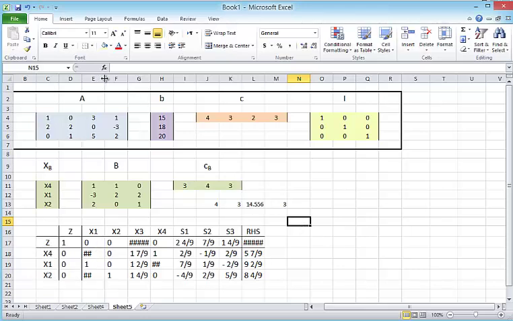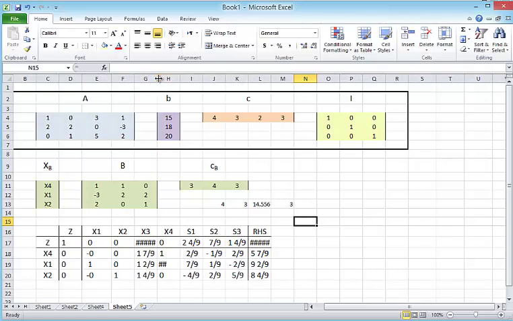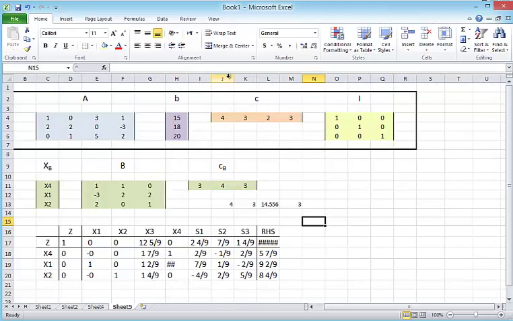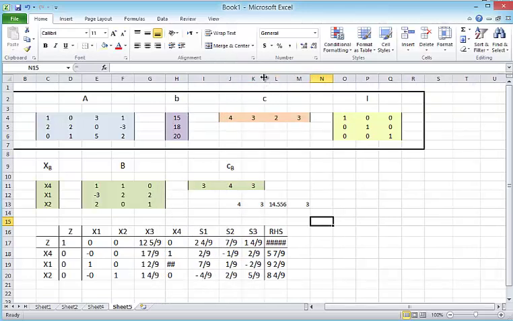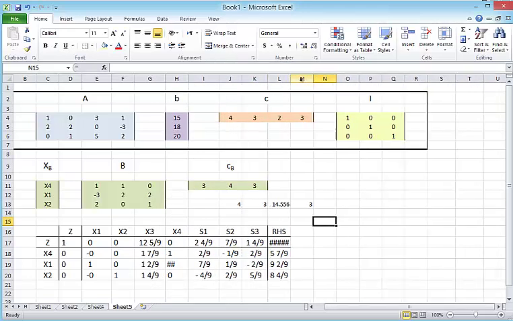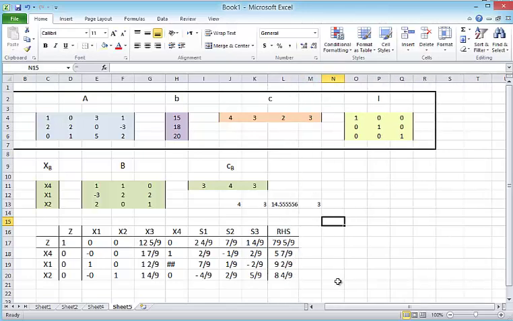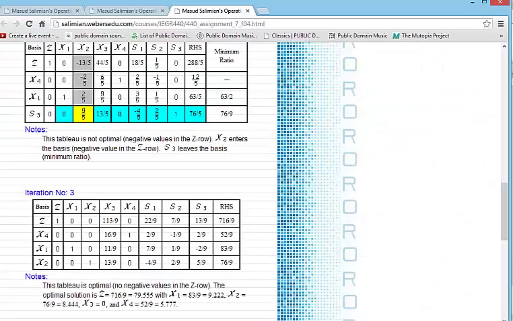With the values, we can adjust the cell width to see our actual numbers, and this is the final tableau of the problem that we were working on. Comparing the values of this tableau with the final values would reveal that all numbers are the same, and